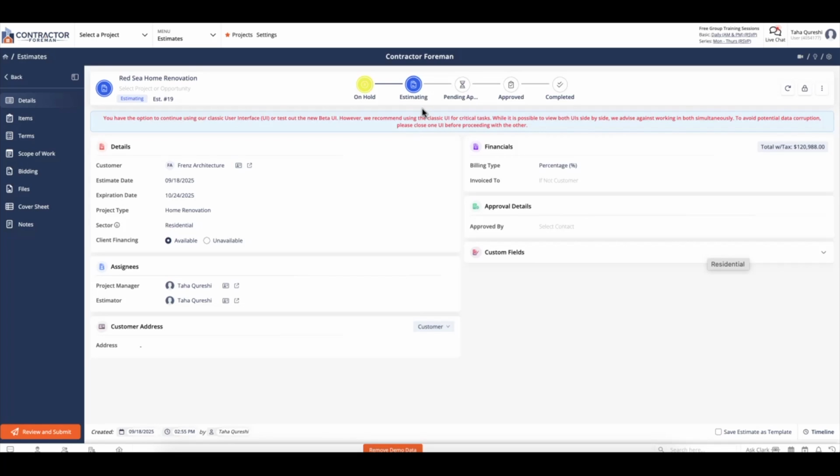Once this is ready to submit to the client, we can go to the bottom left and click on Review and Submit. Once done, we can either move this manually, or if we email to Contractor Foreman, it'll move over to pending approval. From here, we can no longer make changes to the estimate because it's now with the client and the customer